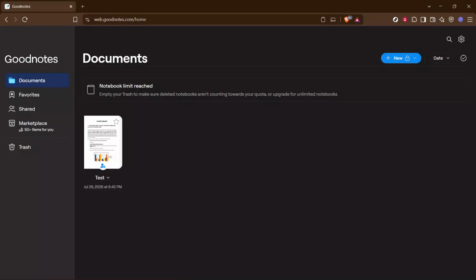In today's video, I'm going to teach you how to import and annotate a PDF in Goodnotes for web. We're going to walk through the full process from getting into your account and importing a file, all the way to marking up the document, adding text and media, and cleaning everything up with editing tools. If you're new to Goodnotes for web, don't worry. This workflow is very approachable, and once you know where the main tools are, it becomes much faster and more